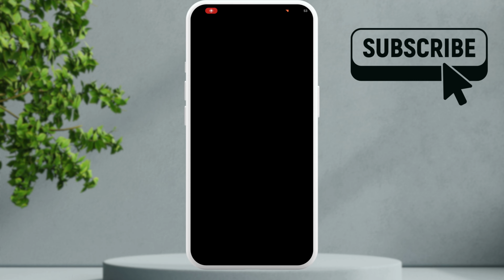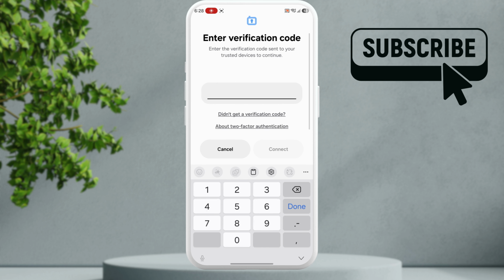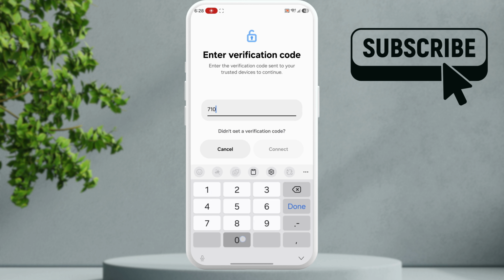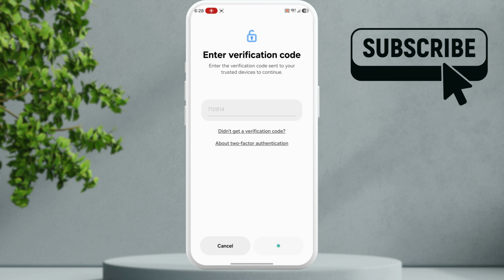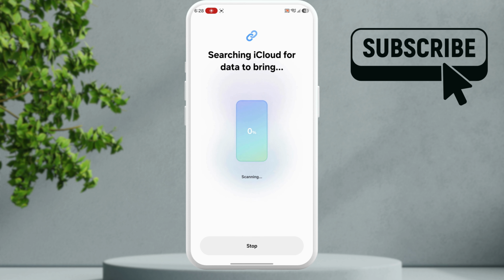Now here you will need to sign in using the same Apple ID that you used on your iPhone. Now you will need to enter the verification code that you have received on your trusted device, which is your iPhone. Once you are done with the sign-in process, your Samsung phone will search for the iCloud data that you